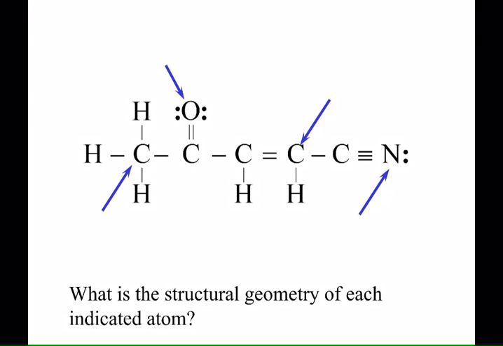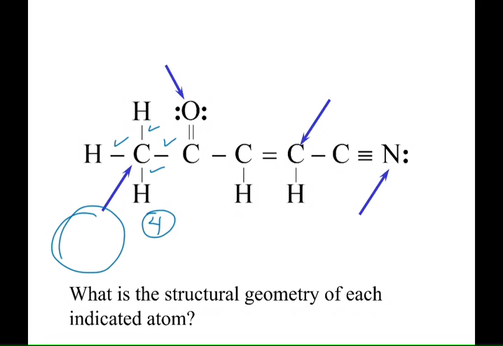So picking on the first one, I'll ask this in the form of a question, I think. Picking on this one right here, how many sigma bonds and lone pair electrons are associated with this carbon atom? I'm getting 4, okay? The question here is then, we're kind of building up to structural geometry, but what I